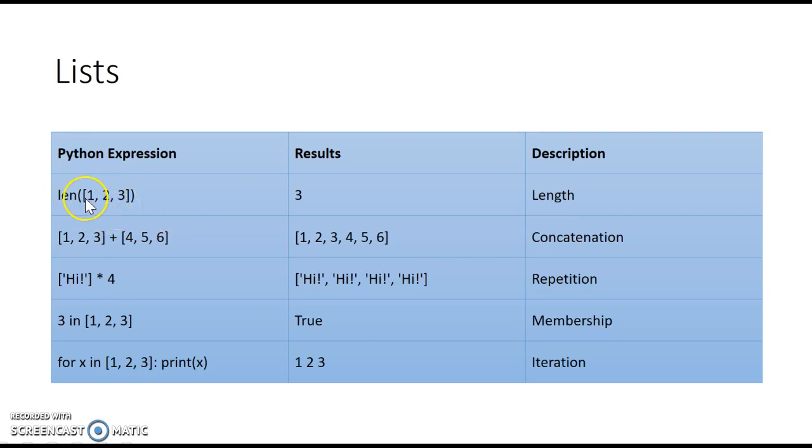Okay, but in this example, I'm just providing it with a list. I'm doing length, I'm giving it square brackets and a list, just got 1, 2, 3 in it. So the result from that would be 3. So it's found the length of the list, and that can be really useful